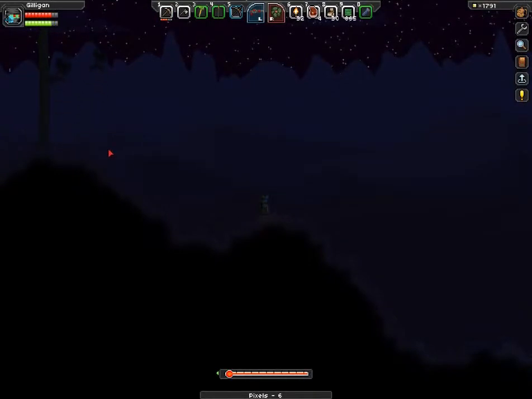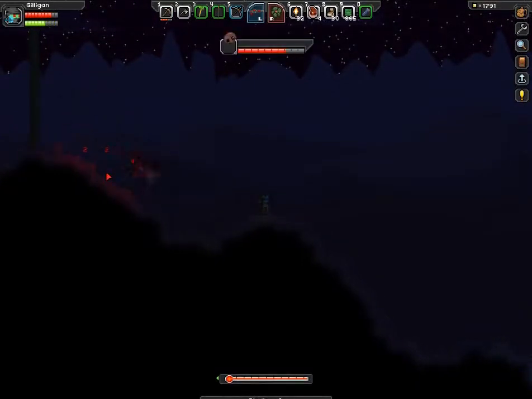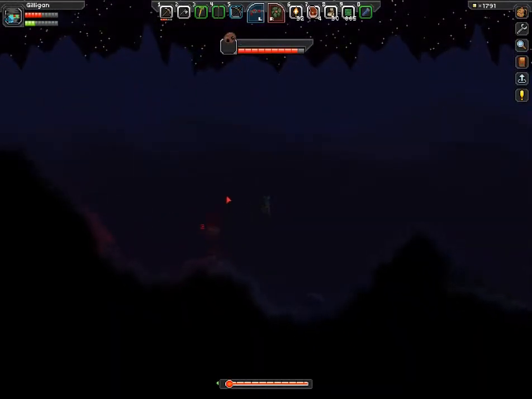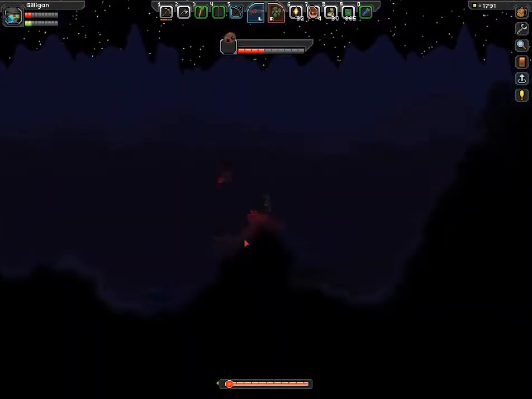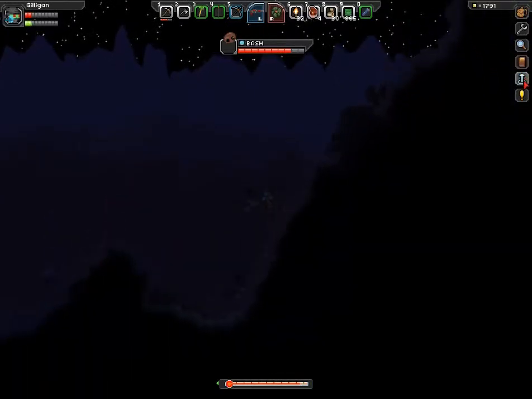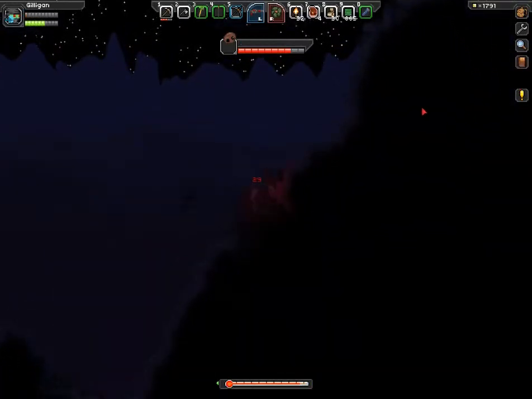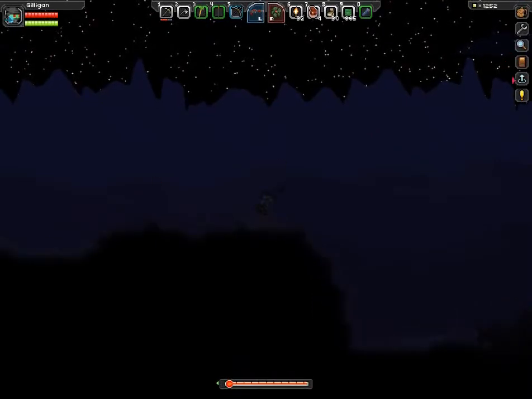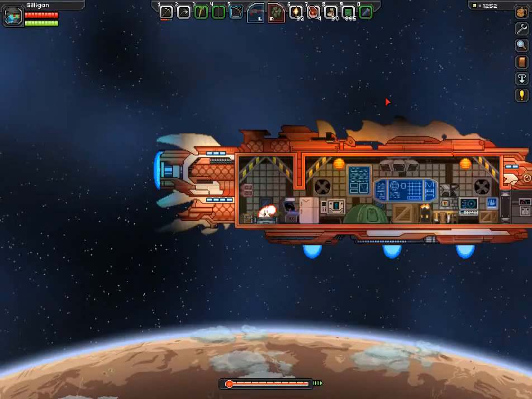And these guys again. Let's see how effective this is against them, assuming I can actually hit. Much less effective, because these are much faster. We're about to die. We're about to die. Yep. Well, okay then. It's not so good. Beamed us back here, but I think we're gonna go up to the ship, do a bit of crafting,